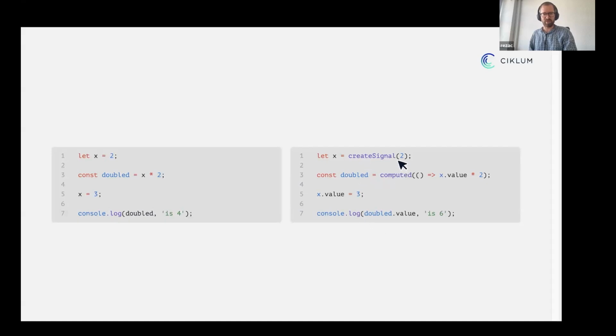On the right side, on the other hand, we have signals, where the value of 2 is now wrapped by some factory function into an object. So x is now an object with some additional functionality. It has the value property, which is actually 2 in this case. When we have this computed